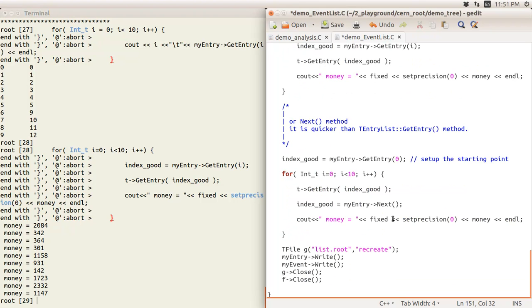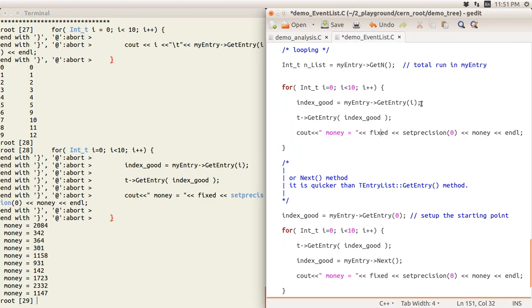a little bit different is the next method in the my entry here. This one will be much faster than get entry here. Yeah, that is this line here, because the last one would be just a much faster way. So maybe it's good for you if you have a lot of good runs. You can save a lot of time here. So the way is that